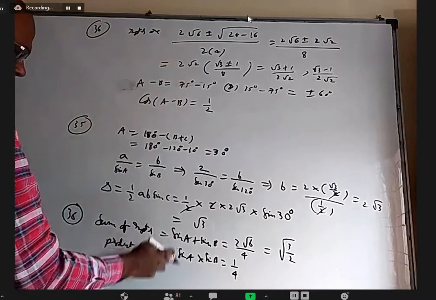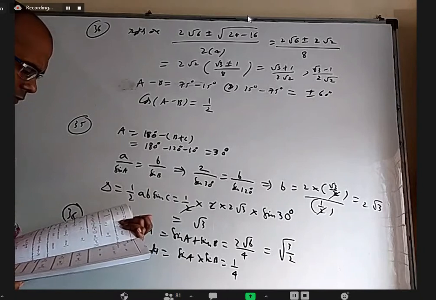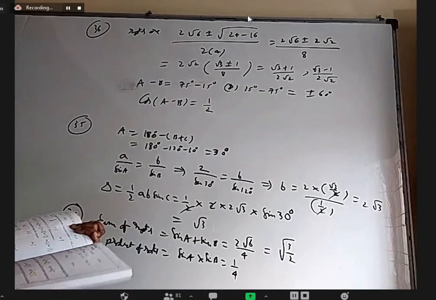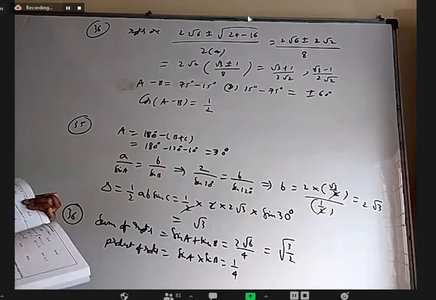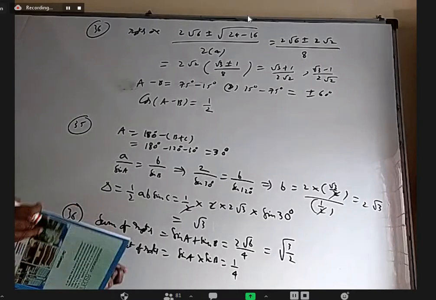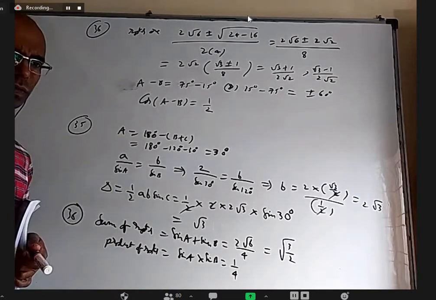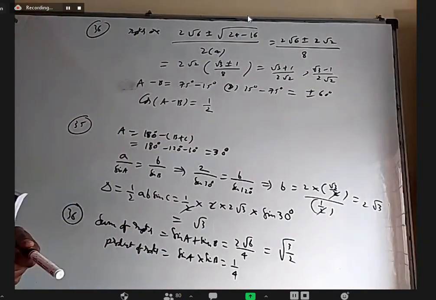Without finding the roots, just from the sum and product, can we find cos A minus B? Anybody? And 36. Cos A minus B is cos A cos B plus sin A sin B. I know sin A sin B. Sin A plus sin B whole square, we get cos square A plus cos square B. From that you find cos A plus cos B. Achha. Okay. Yeah, you can do that.